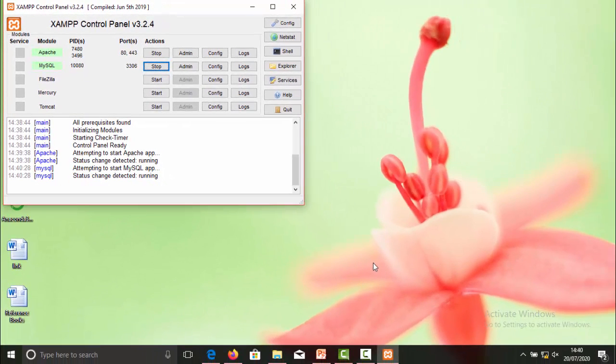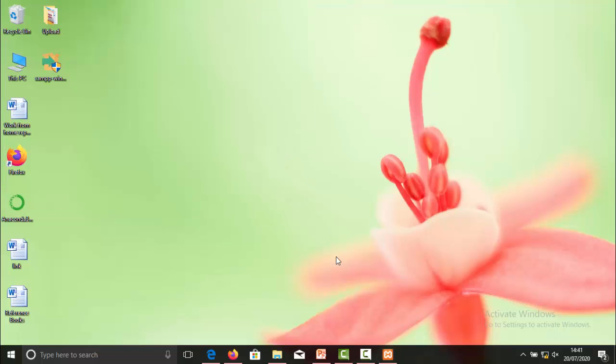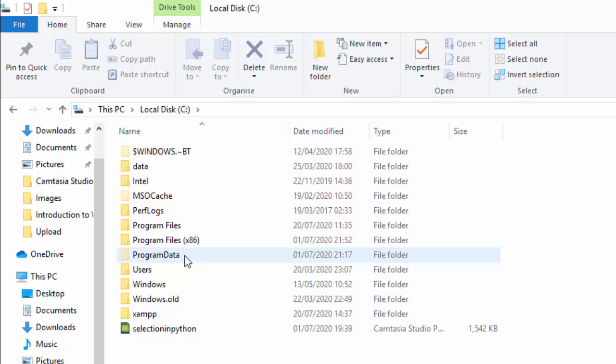Now in order to perform PHP programming, you have to store all your .php extension files in the htdocs folder. So let's see where this folder is located. Since we have installed XAMPP in C drive, we'll just go to the C drive now. And here in the C drive, there is a folder named XAMPP.